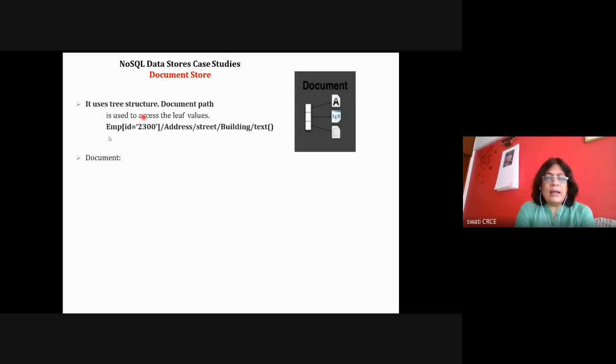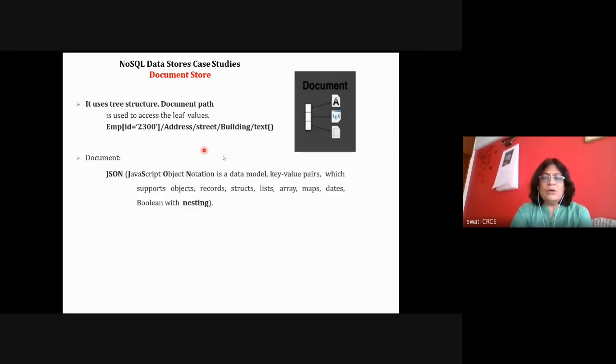For example, employee ID is equal to 2300. Then there is the address. Address contains a street, building, and it is of the text type. Like this, everything is in the form of a tree structure. We can represent a document in the form of a tree, like an XML document.